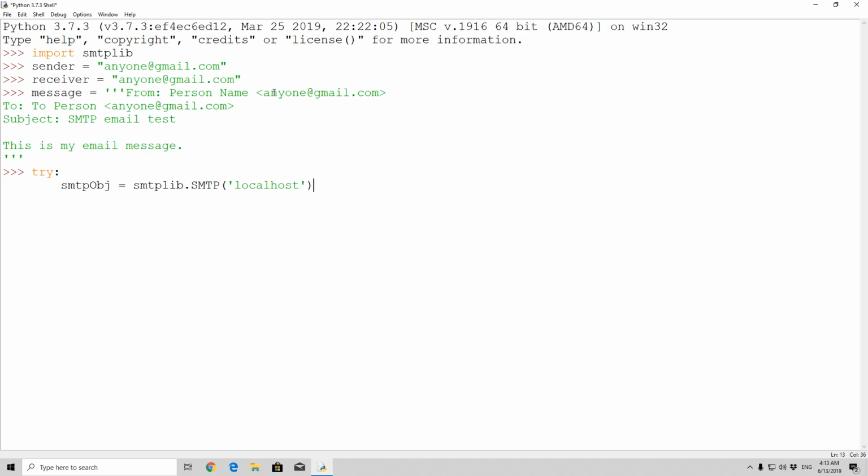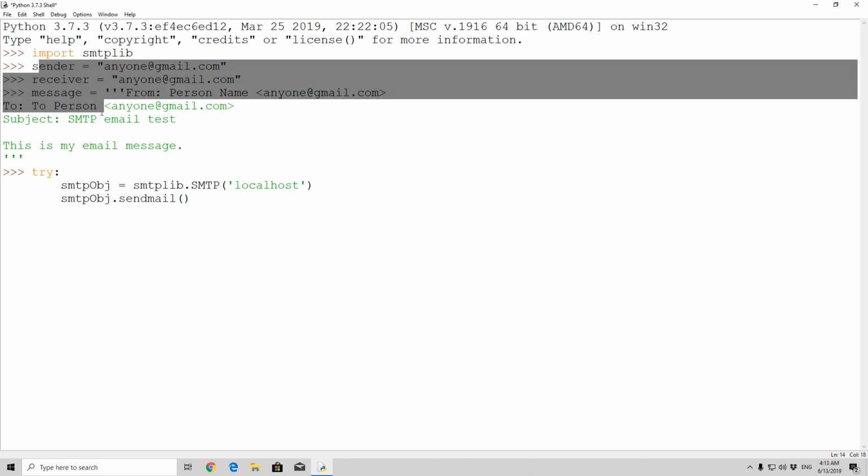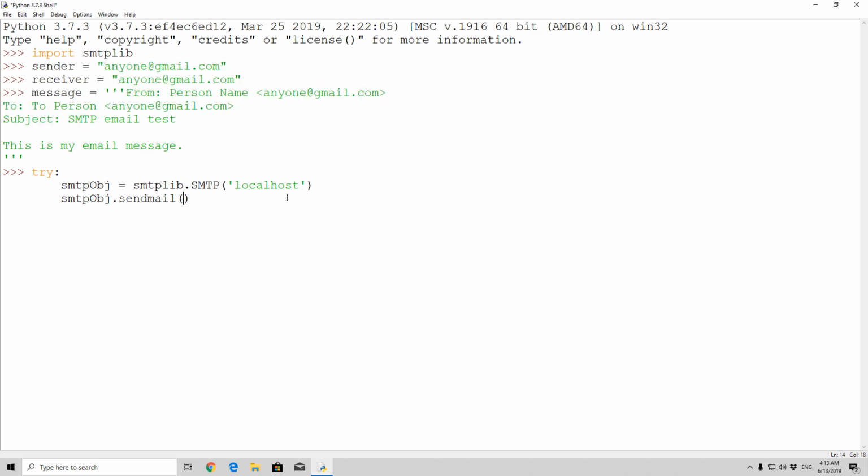because we are simply just sending over our own PC. Press here enter, and then we need to use the sendMail function and specify our desired 3 arguments in order to send the email. So let us do that. SMTP object is going to be, we are going to call the sendMail function. And in between the brackets right here, we specify our 3 variables, which are the sender, receiver,